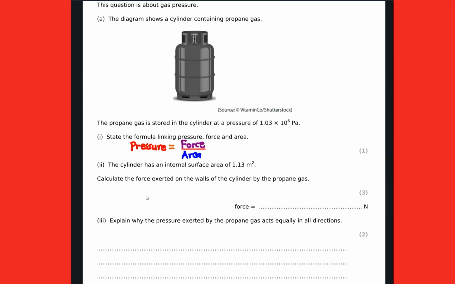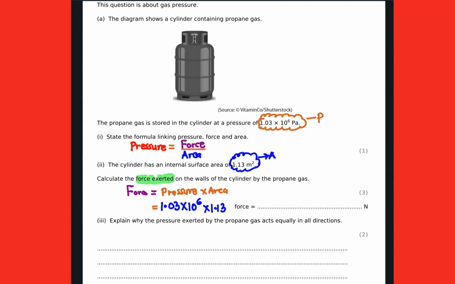Now, we're going to make force the subject of the formula so that we can work this out. In order to get this, we are going to say force equals pressure times area. Then substituting pressure and area, we are going to work this out, and our answer is going to be